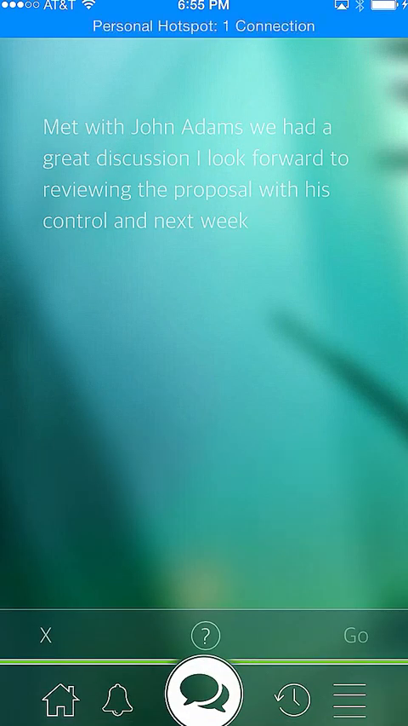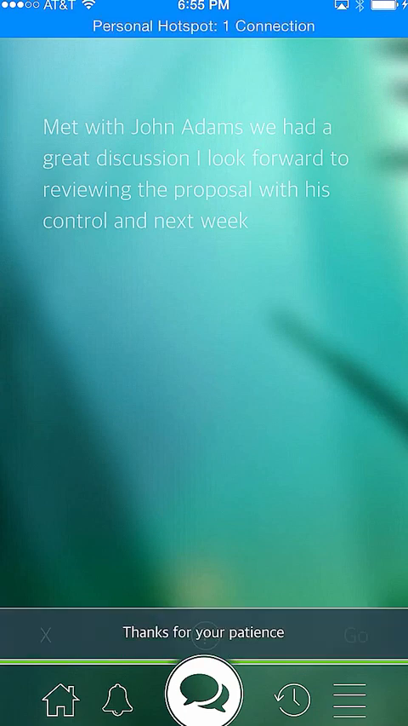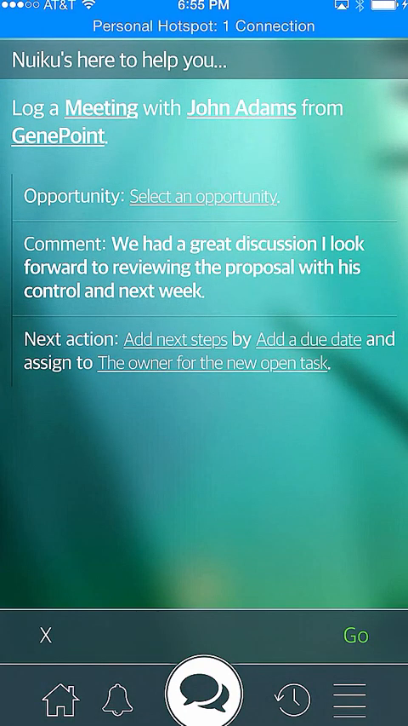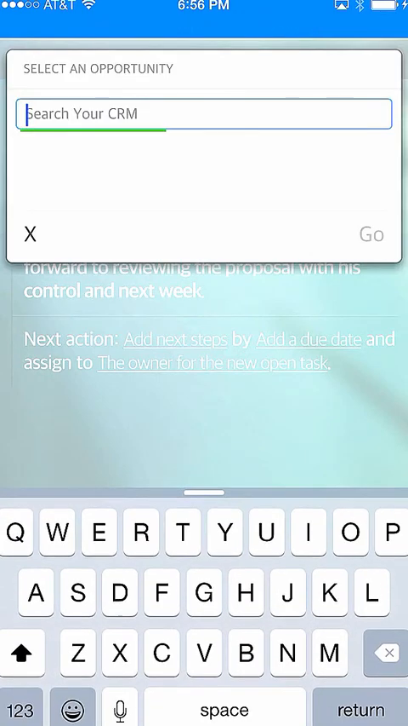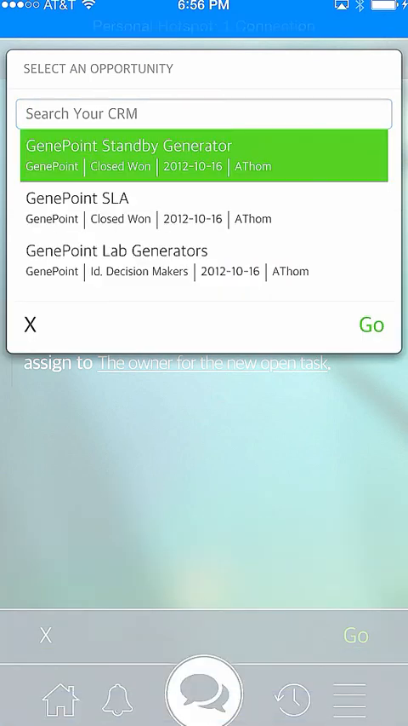What Nuiku is doing now is parsing this utterance, as we call it, which is just a string of text that we get back from the operating system voice recognition. It looks up in CRM, sees that I have a task of meeting type, and I've got John Adams as a contact from this particular account, Gene Point. And I can select and say, show me any Gene Point opportunity that I want to associate this particular